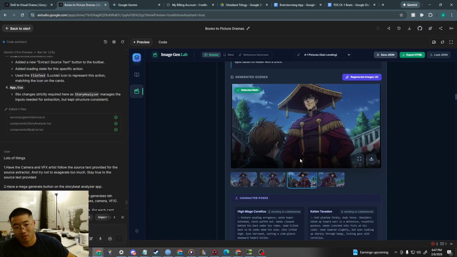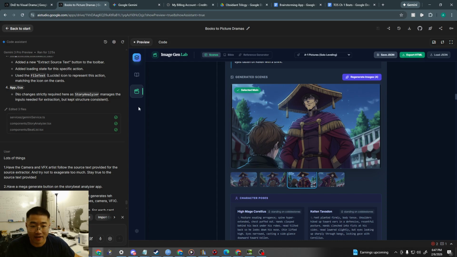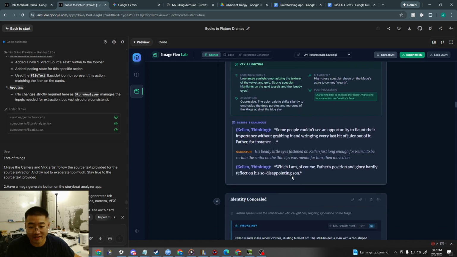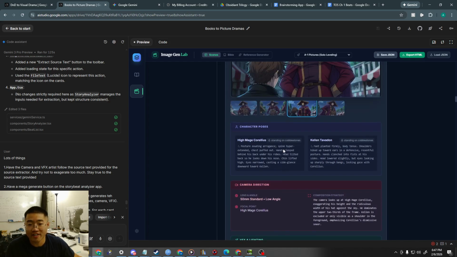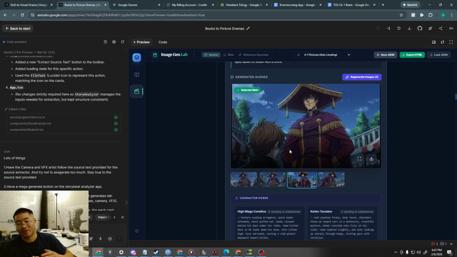Worst case, what I have in mind is, I think the AI will keep getting better. I at least have this pipeline down, and if the image gen gets better, it can take in more information, and then this pipeline will also get better. So I have the images. What I want to do now is, when dialogue plays, I want it to be like a JRPG where a picture of the person speaking pops up and then there's a text box. That's the next step that I'm going to work on.